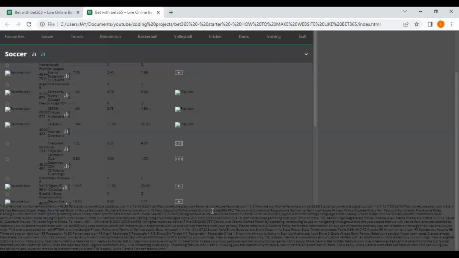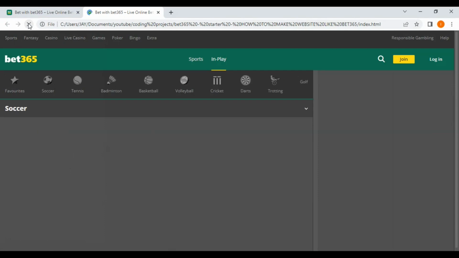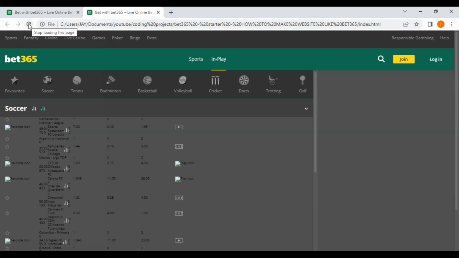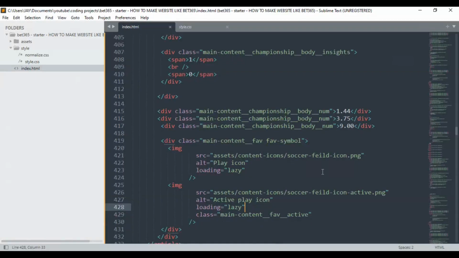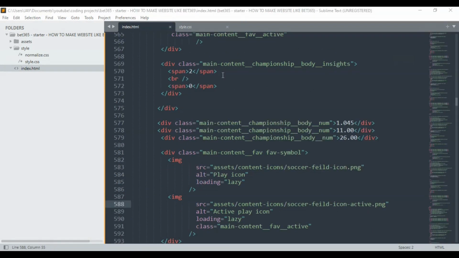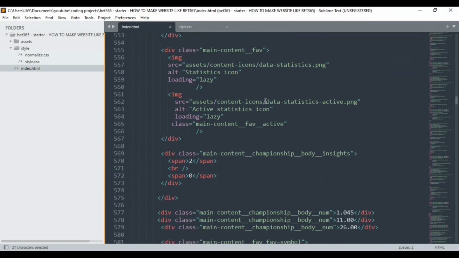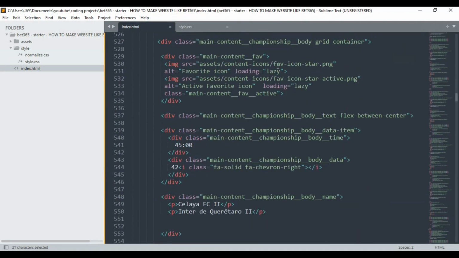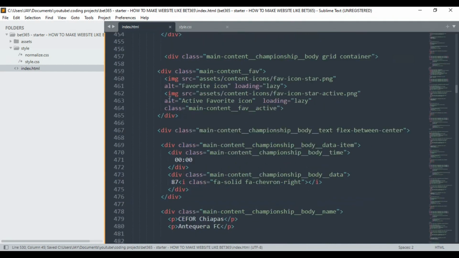Let me come and reload my page and look at it. So do that for everything. Soon after, if you set properly the soccer field icon there like you've done so, and remember to always set your images, favorite font icon to png format like I've done all over the document, you will see that we have done with the section for